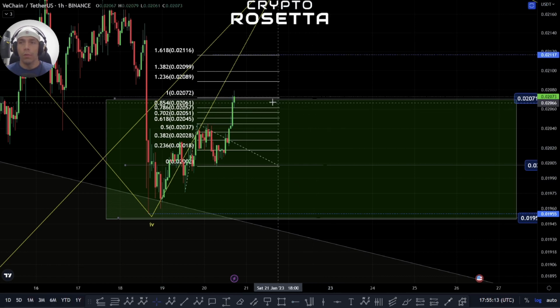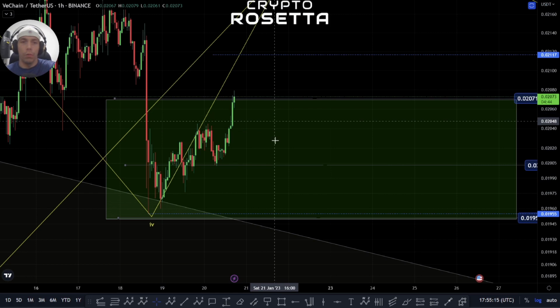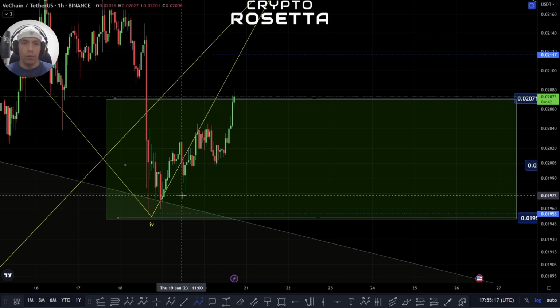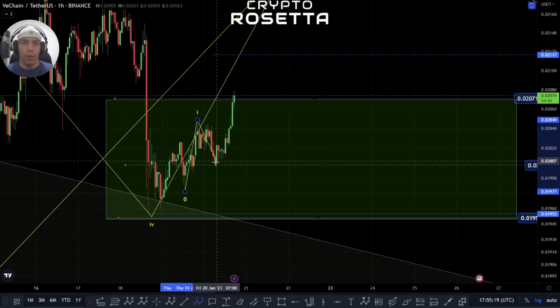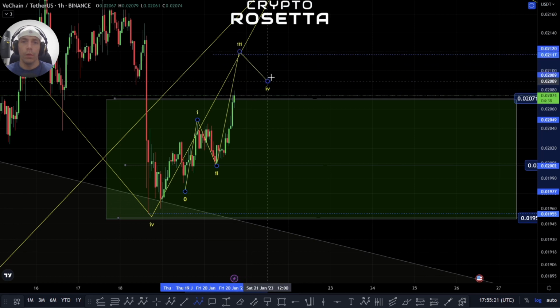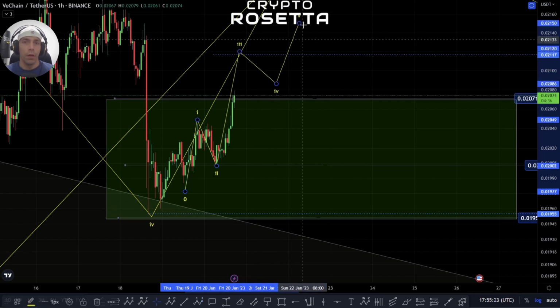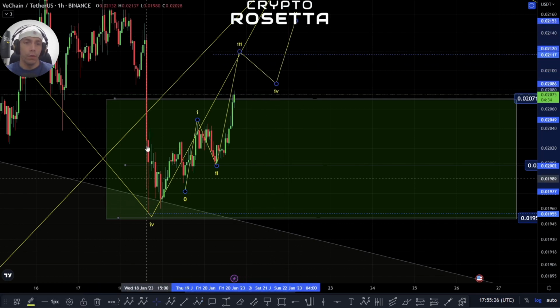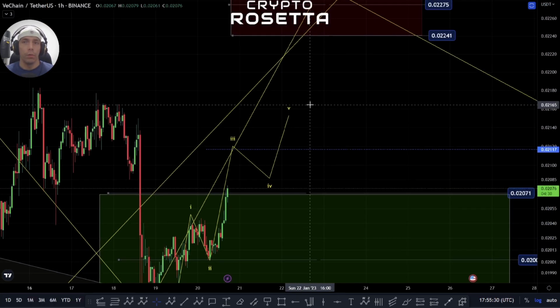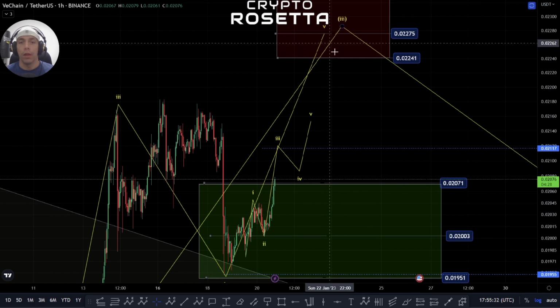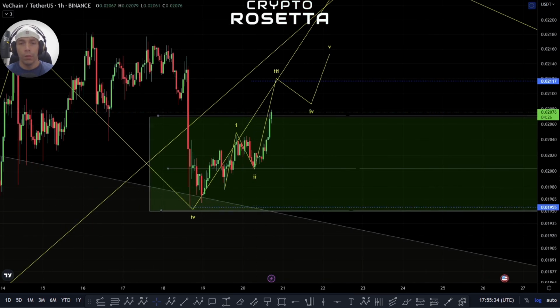If we do move above that point, then we can argue that what we have here is within this structure. We could look at this potentially as a wave 1, 2, 3, 4, 5 to the upside. And if that is the case, then we'd have to look at an additional 1, 2, and then looking for the 3rd, 4th, and 5th, and that would basically look to take us up into this zone. So within this structure,